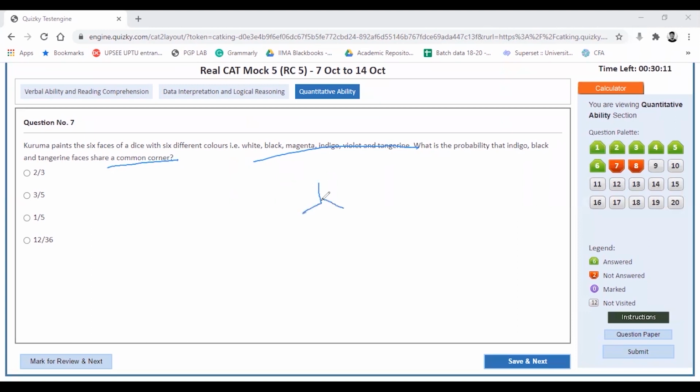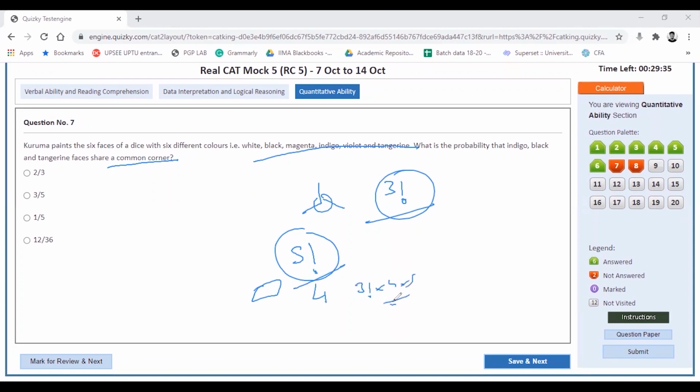So let us say I fix each of these colors on a particular corner, then that would give me 3 factorial in which the remaining colors can be arranged. So this is my 3 factorial. These are the favorable cases, and to find the total number of cases, let me fix the base. Then that gives me an option to arrange 5 factorial, the rest 5 colors. But again, I know if I simply rotate the cube along the 4 directions, that gives me the same combinations. So I would rather divide it by 4, and this gives me 3 factorial into 4 into 5 by 4. 4 cancels. 3 factorial times 5.